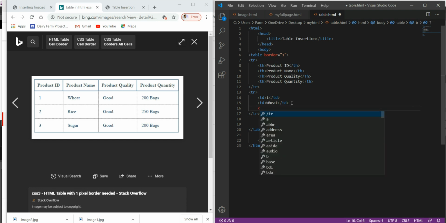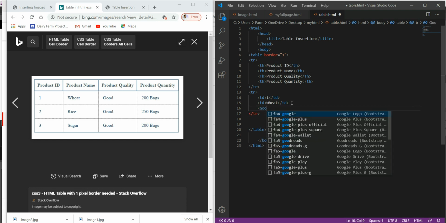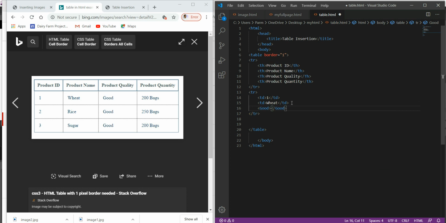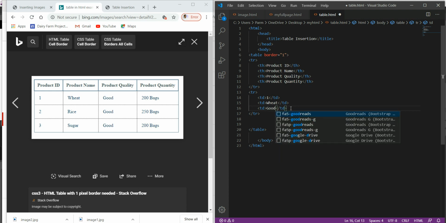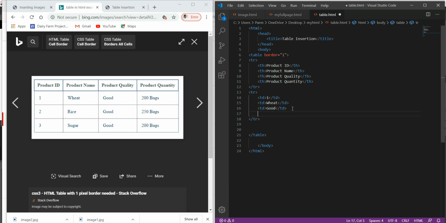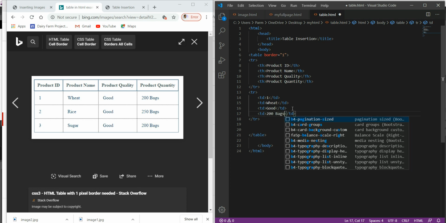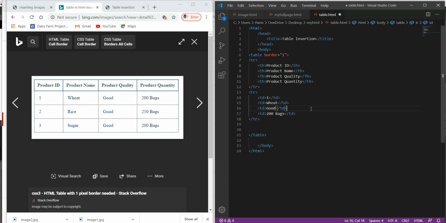Then td, and here we set the value good. Then here we set the table data 200 bags. Save the changes and refresh it over here.